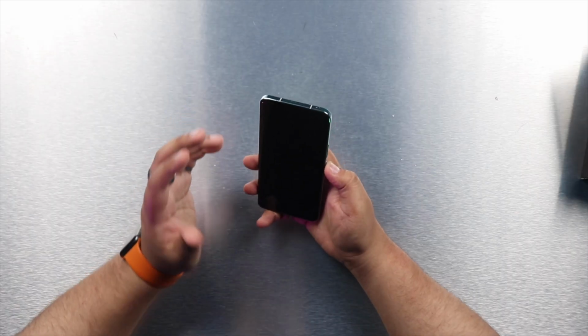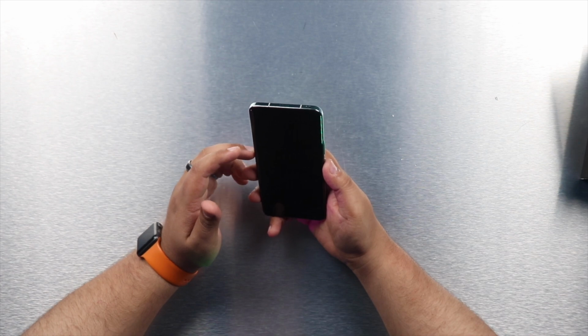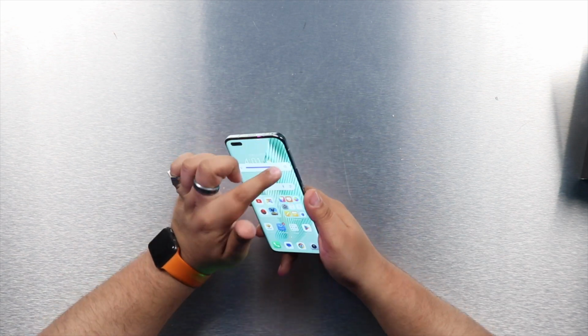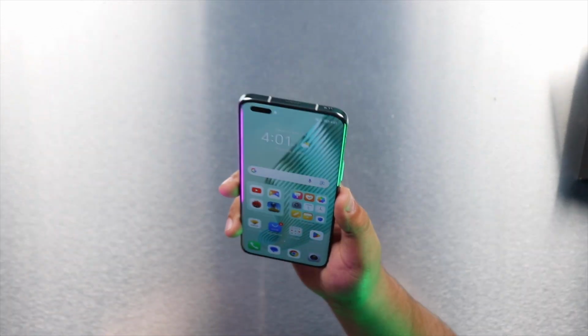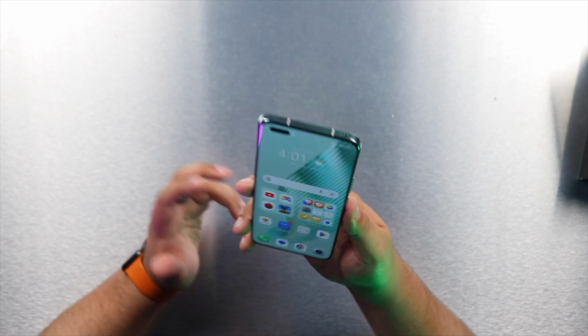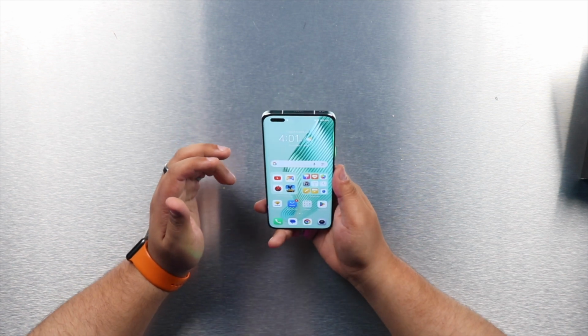Now, the second thing is actually the display, which is another feature which I think is kind of like a sleeper feature, and it's probably one of the best displays that I have seen. Let me go ahead and turn this on so that I can show you guys. So now that the phone is turned on, you can look at the display and see what I'm talking about. One of the standout features about this is the brightness. So this comes with 1800 nits of brightness,